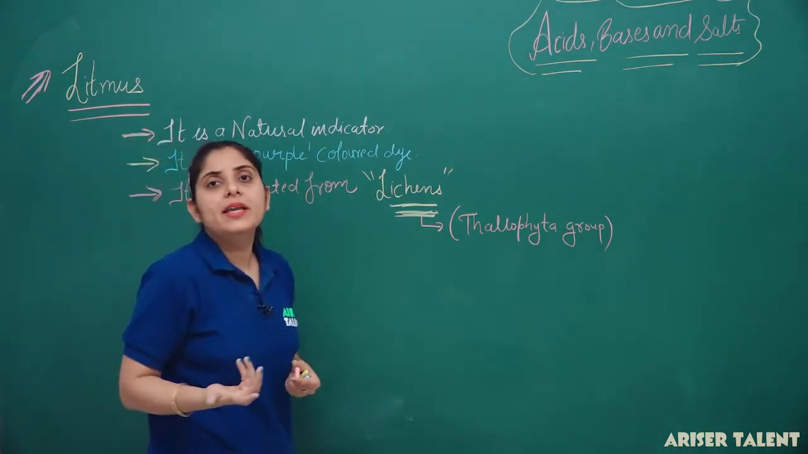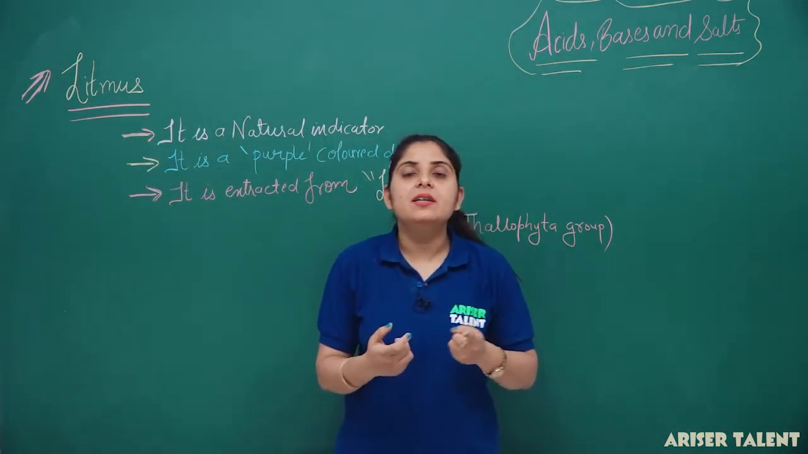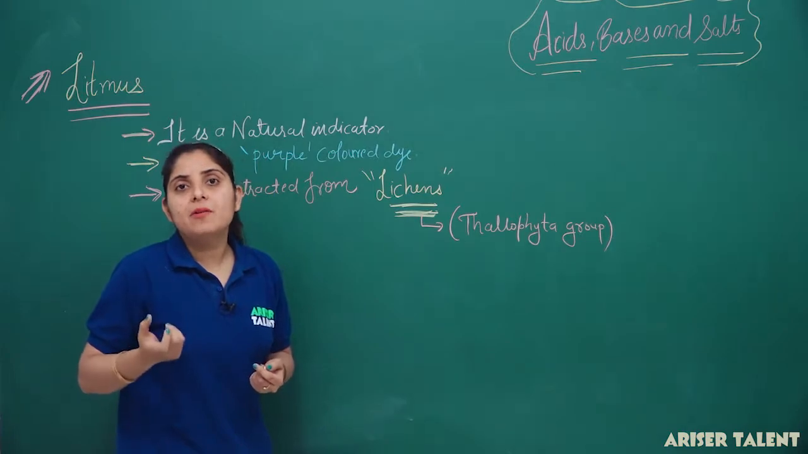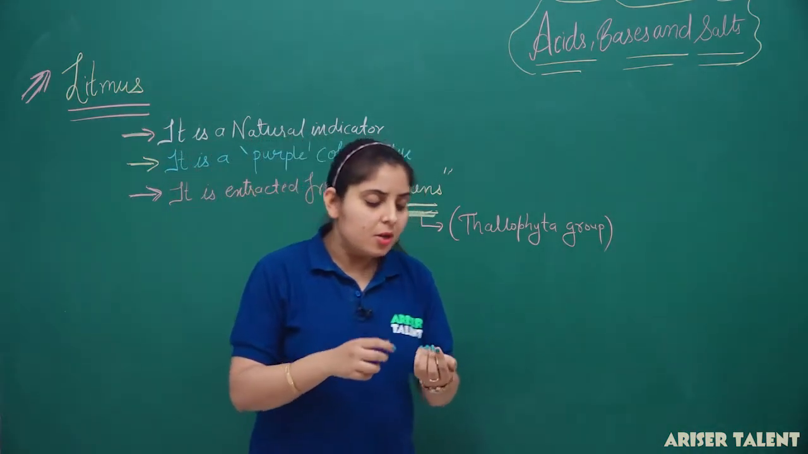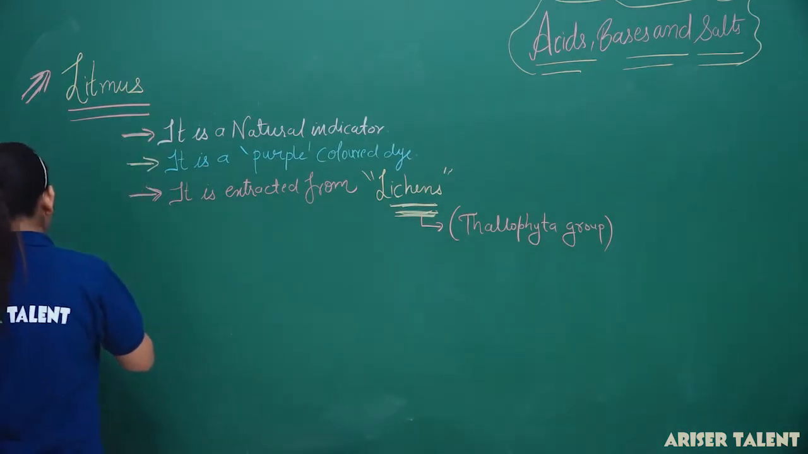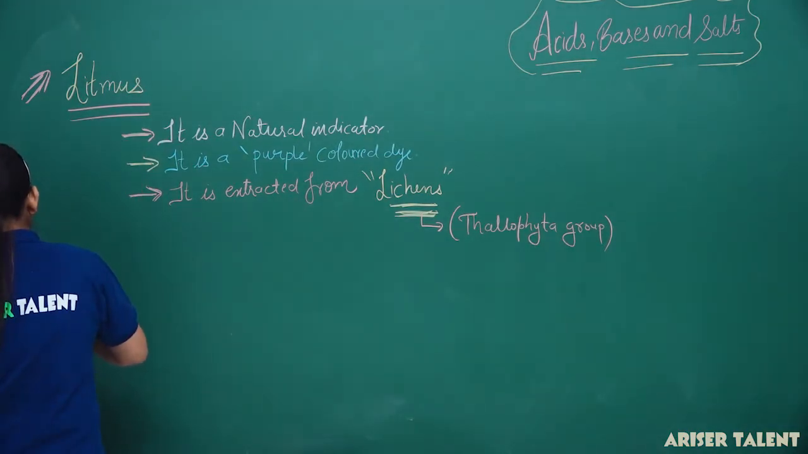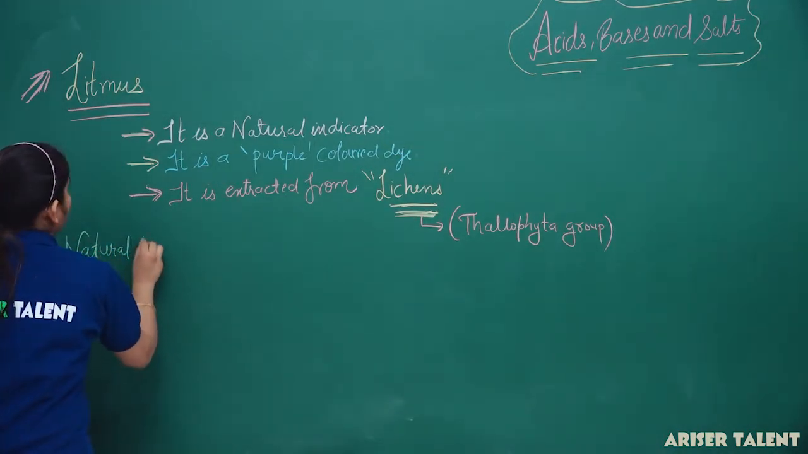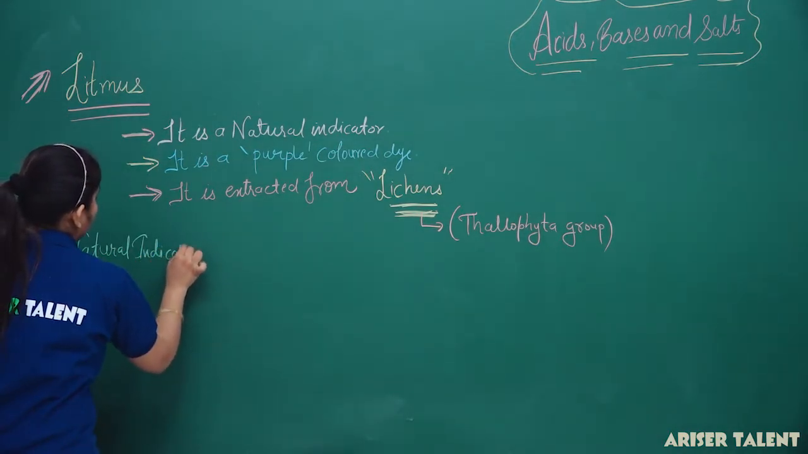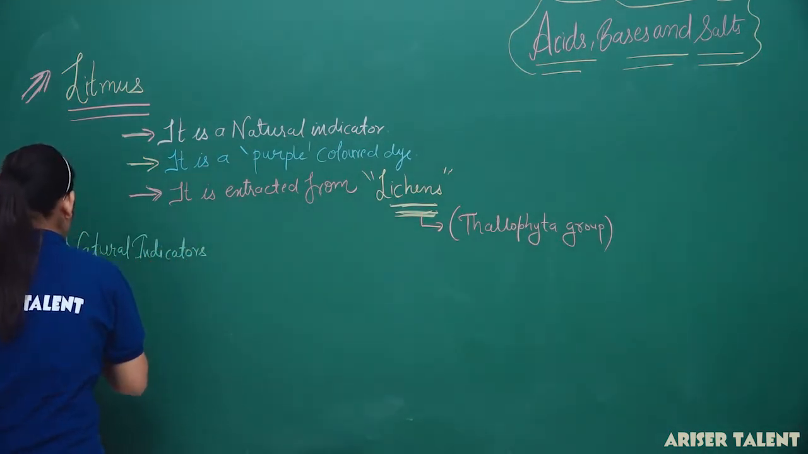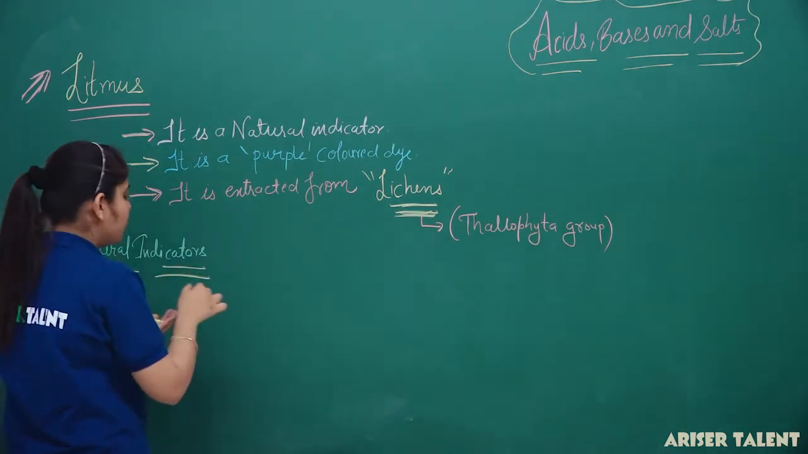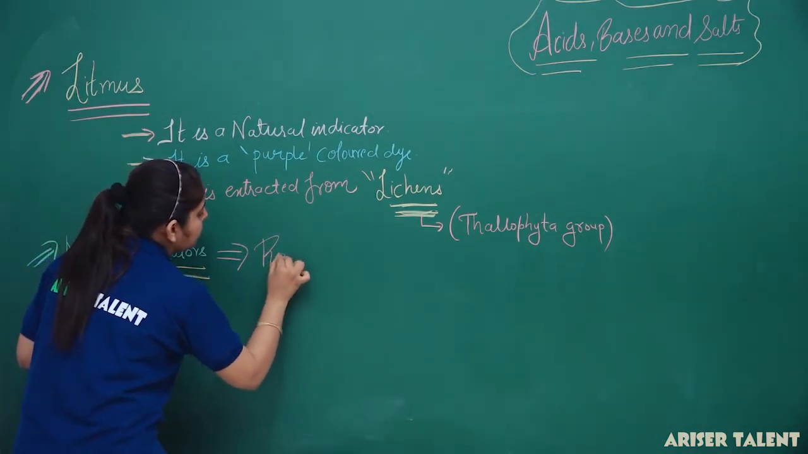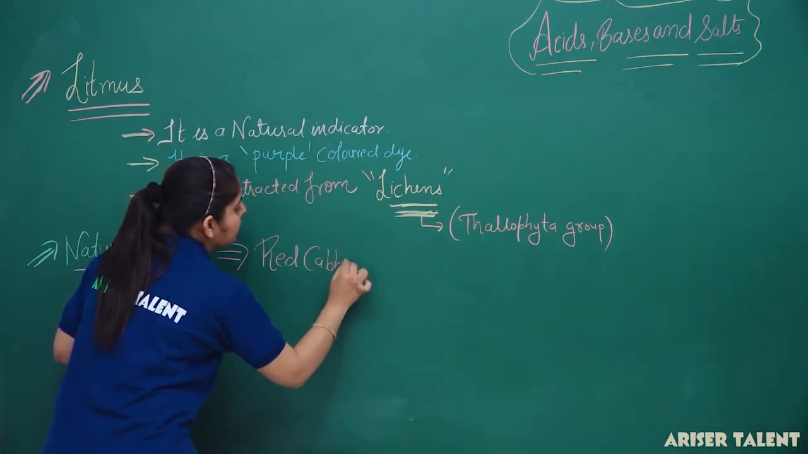We have many more indicators. The natural indicators we will consider are red cabbage leaves, turmeric, and the petals of a few flowers which can be used as an indicator sometimes. So the other examples of natural indicators are red cabbage leaves,